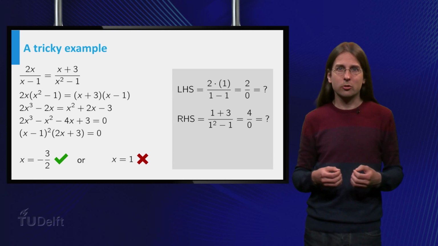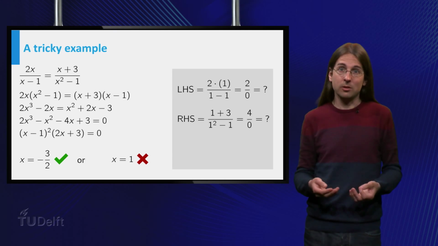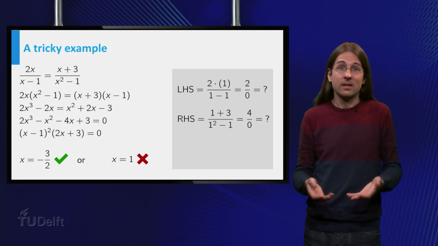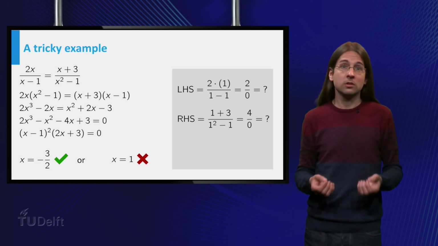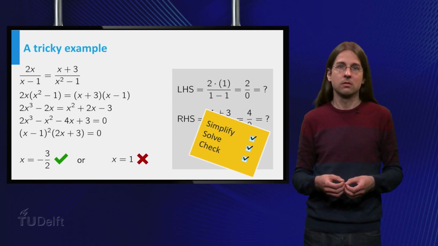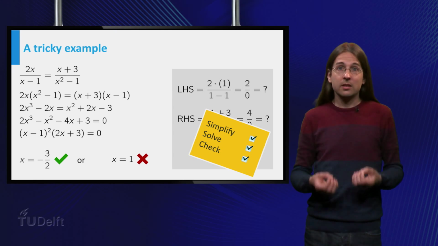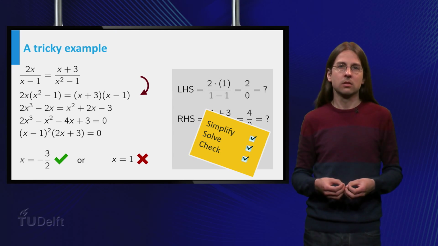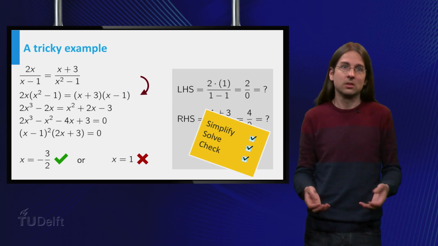However, a problem occurs if we plug x equals 1 into the equation, because the left hand side becomes 2 over 0, the right hand side 4 over 0. Indeed, x equals 1 is outside the domain of both the left and the right hand side, and can therefore not be a solution to this equation. The problem occurred because we multiplied by x minus 1, which becomes 0 for x equals 1. That an equation is valid after you multiply both sides by 0 is not surprising.